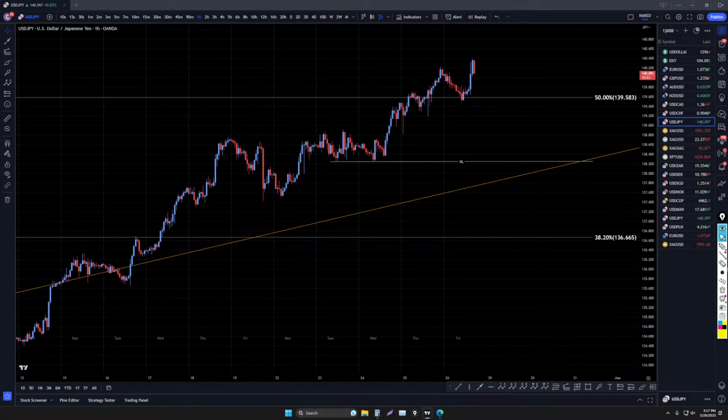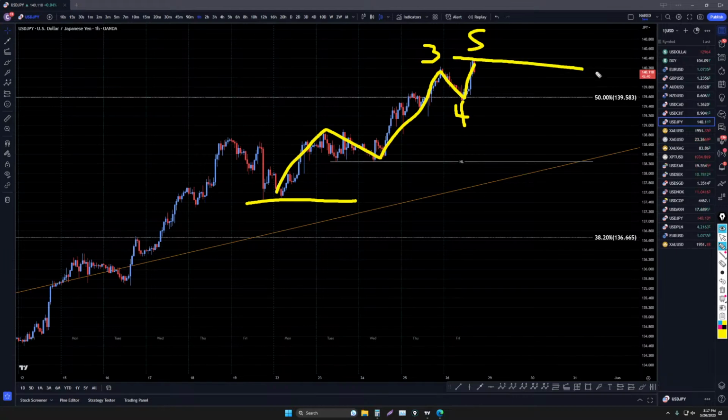So the US dollar yen is even starting to turn down. That does kind of look like that 3, 4, 5 shape too that you see at the end of pretty much every trend. Probably a 1, 2, 3, 4, 5 right there. It's probably going to spend pretty much most of next week making a correction to this last move up, I bet.